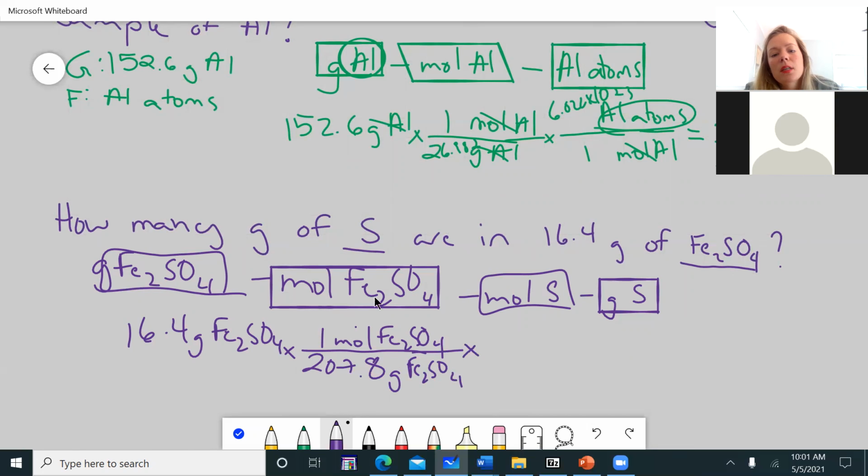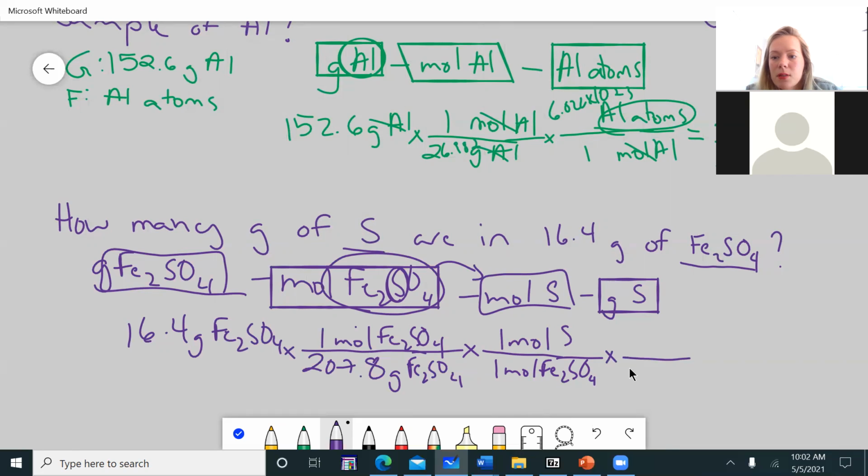So now we need to get from moles of the compound into moles of the individual material. Looking at the formula, I get 1 sulfur for every 1 molecule, so it's a 1-to-1 ratio. 1 mole of Fe2SO4 is going to yield 1 mole of sulfur. It's not always 1-to-1, so make sure you're plugging in the number that is situated at the subscript. And then the last step is 1 mole of sulfur yields